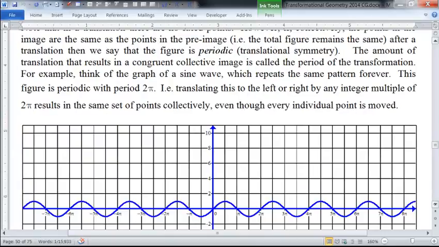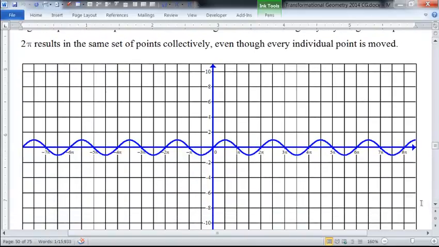Okay, we could have translational symmetry. Here's an example of something that has translational symmetry, and of course for this to happen you have to have a figure that's going to go on forever, because translations will always move points further out in the direction of the vector. So for example here, if we move every point in the original graph, which is not the axes but the wave, which is actually a sine wave here, and we move every point to the right by 2 pi, we get